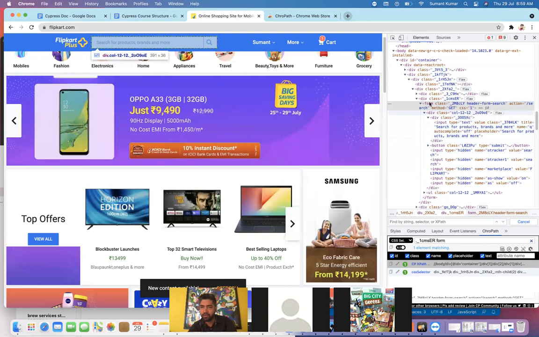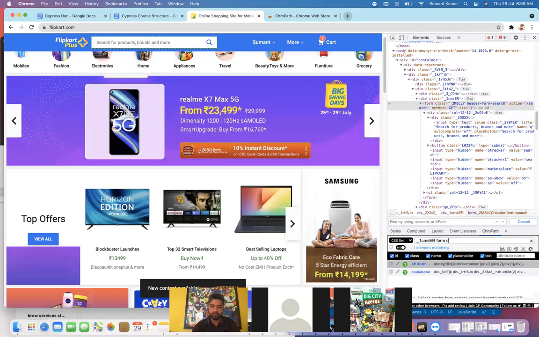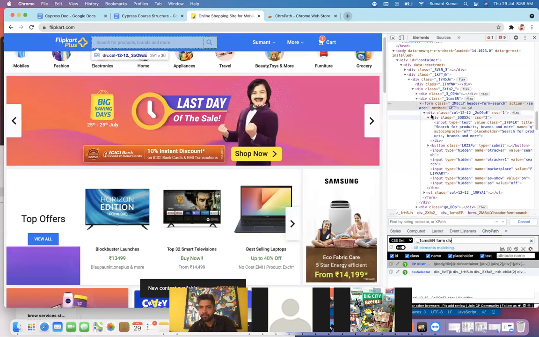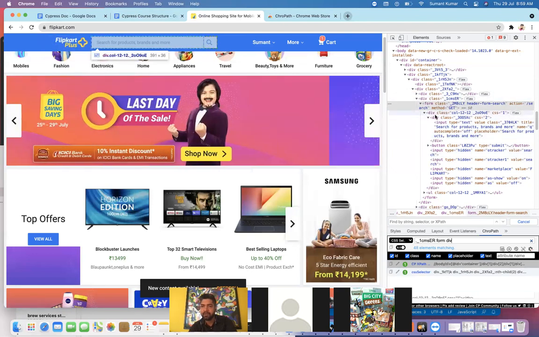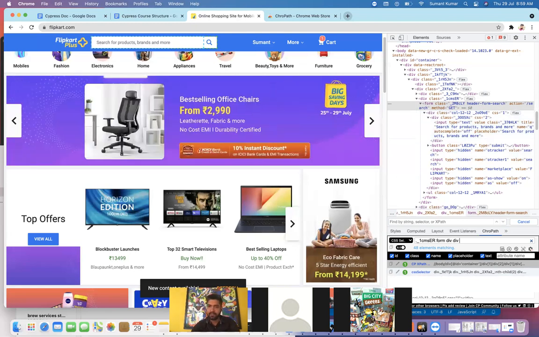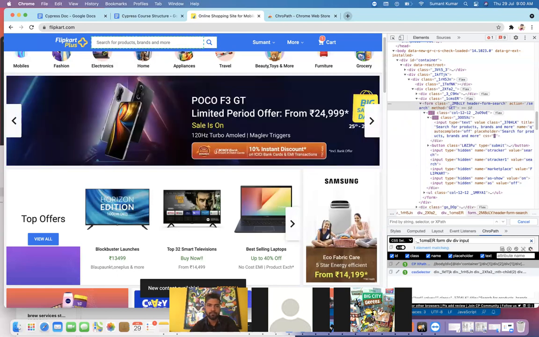If I go more inside, from form you can go to div, right? So again I write div, and we reached this div. Again I want to go more inside, I will write one more div, and then there is input. So let's say I put input as well. You can see we reach the inside.